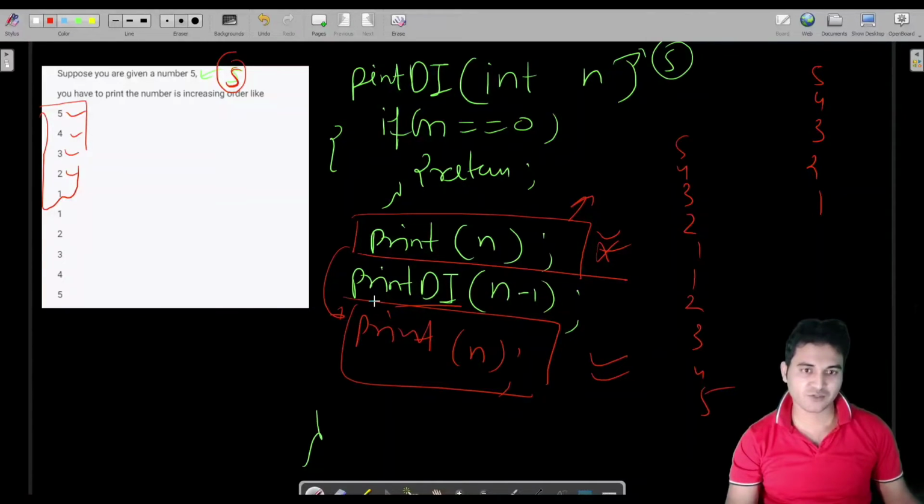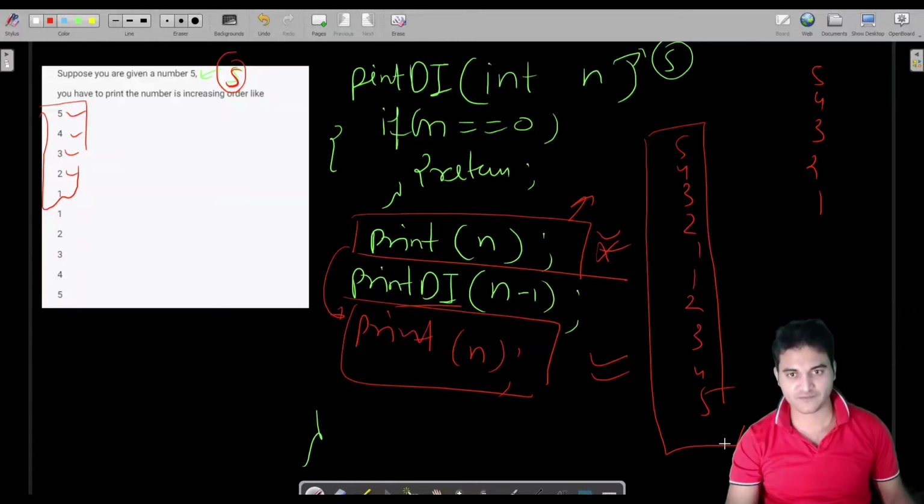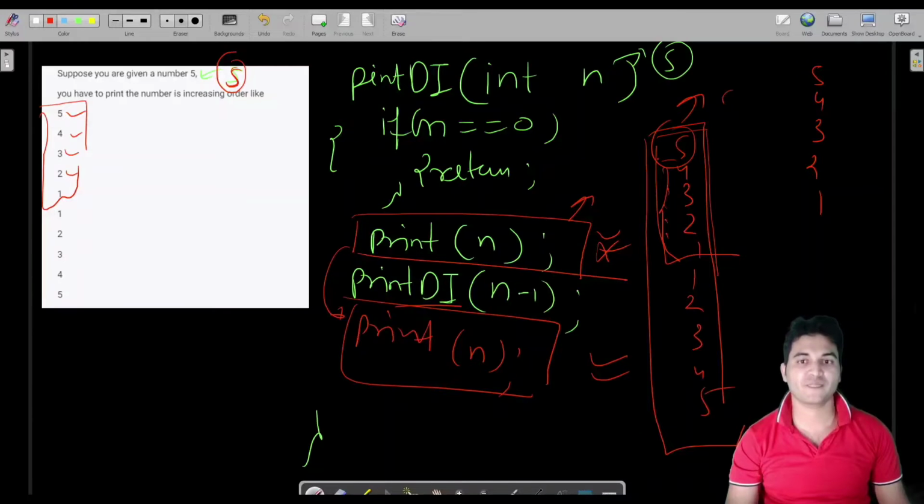So here we are also doing the same thing. We have applied the code for print increasing and print decreasing together, so this will print the output in this way. It will first print 5 4 3 2 1, then make the call. Of course, first of all it will print 5, and then we'll make the call to f of 4. Fine. So we have printed 5, and here also we print 5, and it is doing its job for 4 3 2 1.